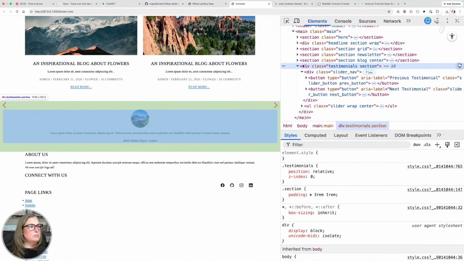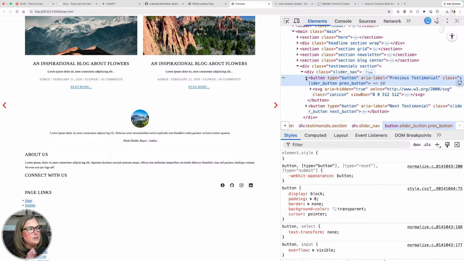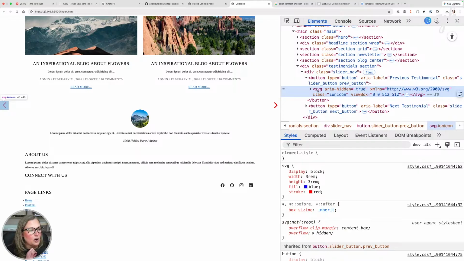There we go. So our testimonials have padding of 3 rems on the top, and our slider navigation fits perfectly into that space because the SVGs are 3 rems by 3 rems. So that math works out really nicely.